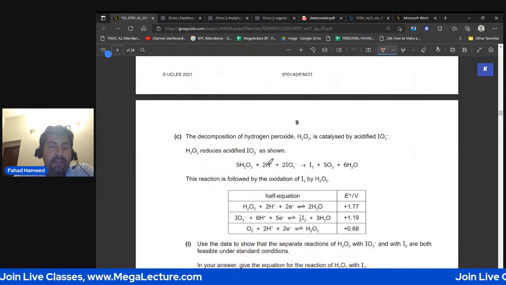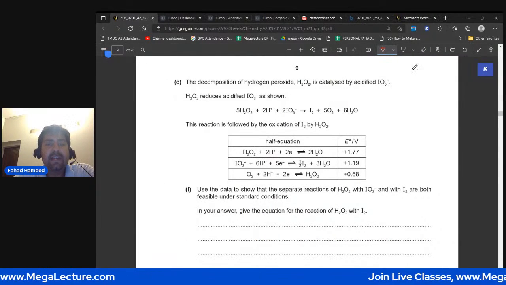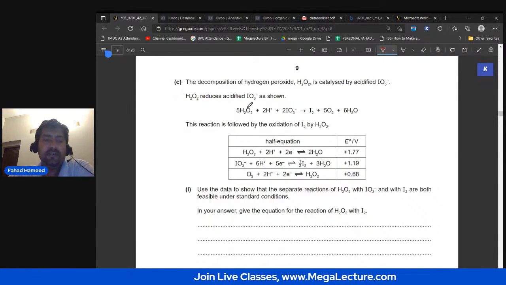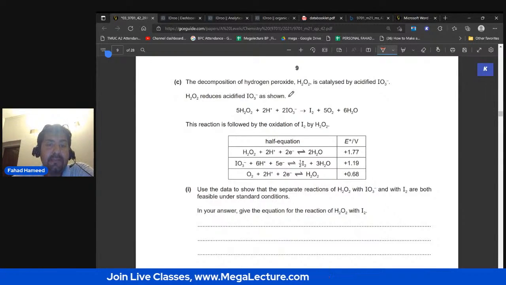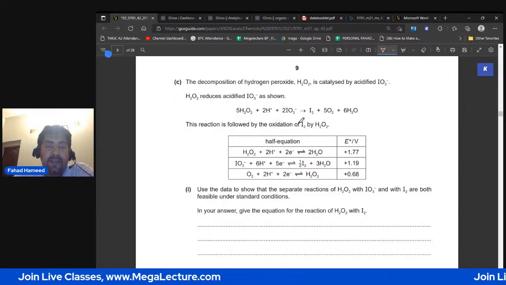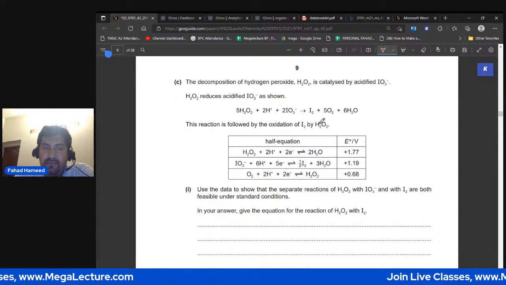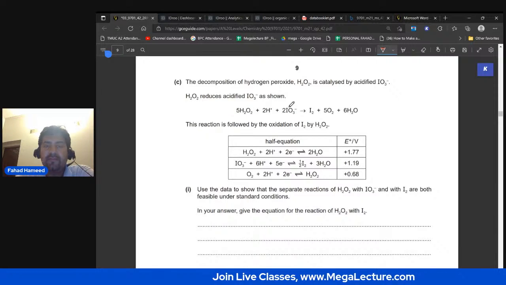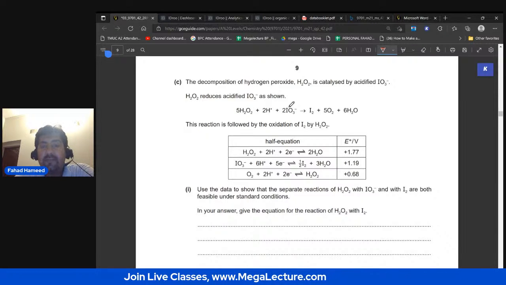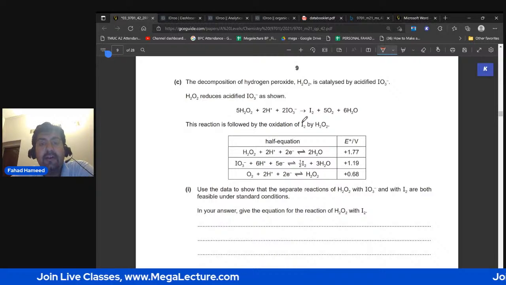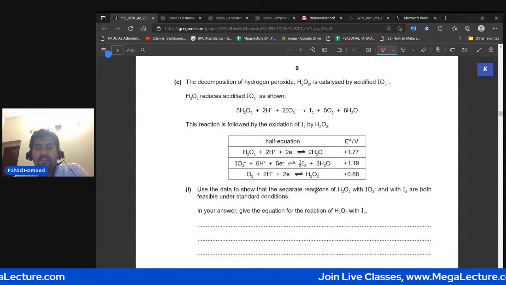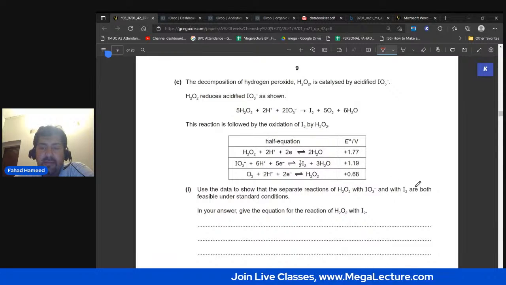So moving on, the decomposition of the hydrogen peroxide is catalyzed by acidified IO3-1. And it says that H2O2 reduces acidified IO3-1 as shown. The reaction is followed by oxidation of I2 by H2O2. So H2O2 reduces IO3-1. This is the first reaction. And then the reaction is followed by the oxidation of I2 by H2O2. So use data to show that the separate reaction of H2O2 with IO3-1 and I2 are both feasible